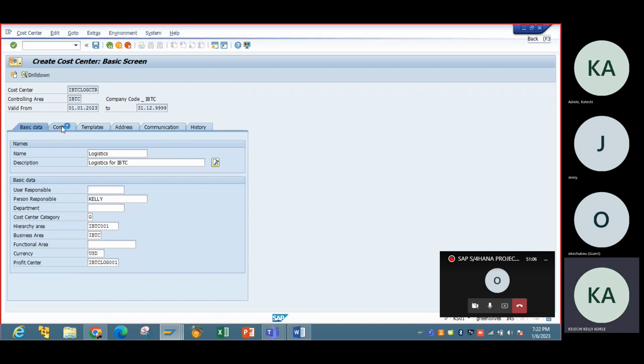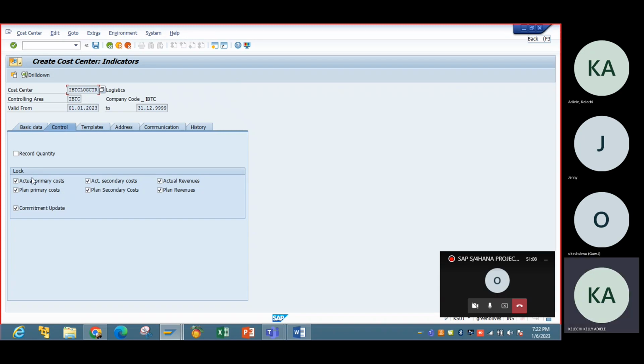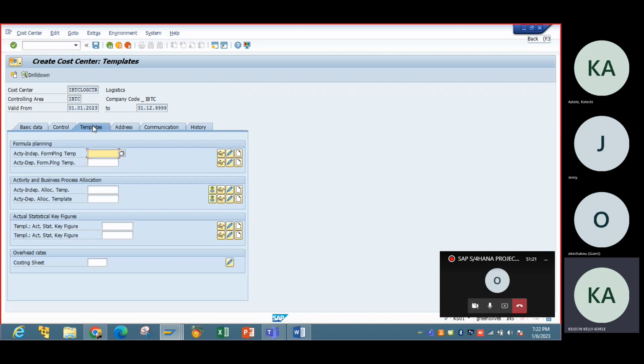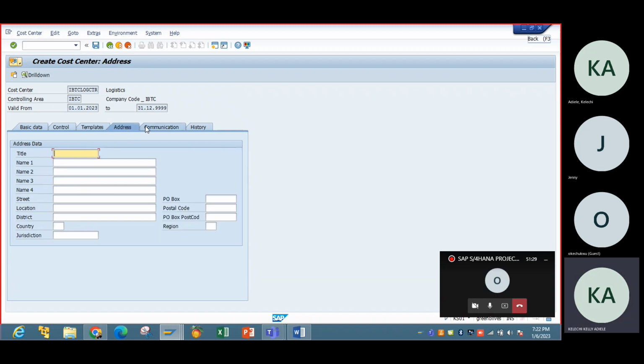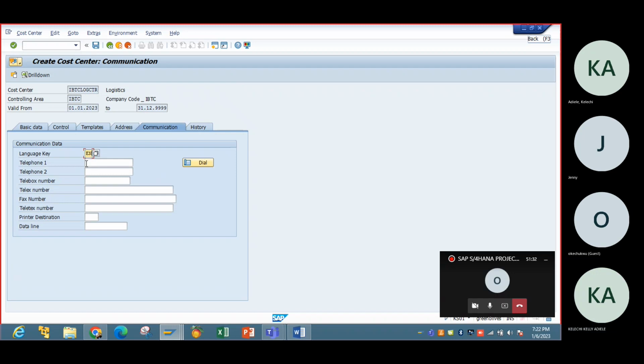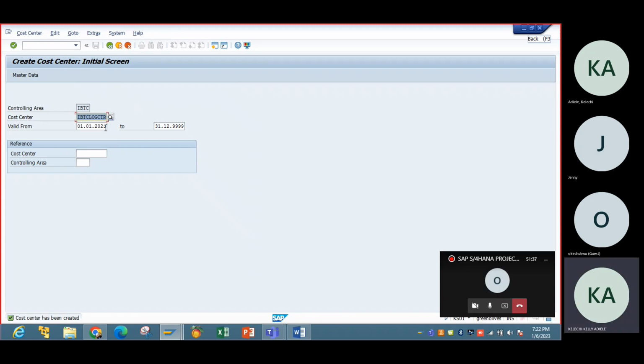Go to control. So this thing is locked, means that all these areas are locked. So we have to open them because we need to plan. We need to do a lot of planning of this cost. So unlock them. Go to templates. We're not doing anything here. Go to address, communication, English, and you can save. Yeah. Okay, so we have one cost center,